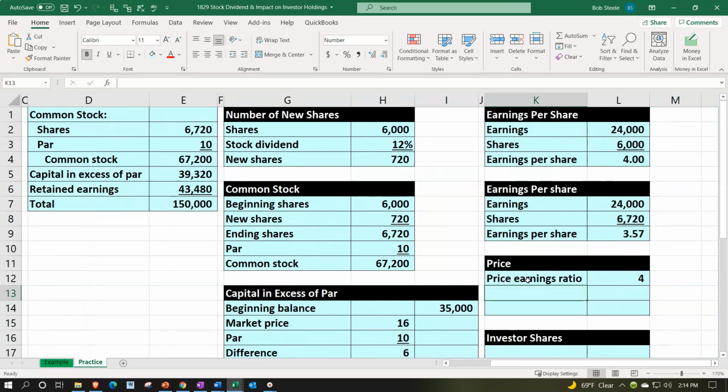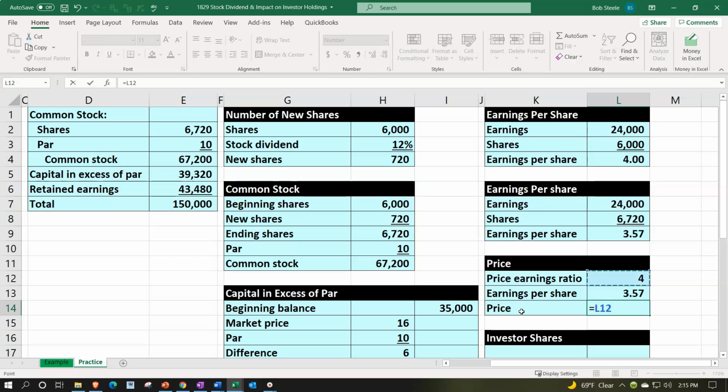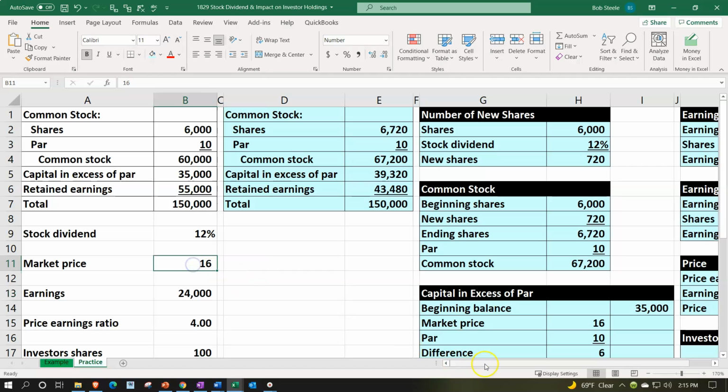And then we're going to say 1 plus the stock dividend. So that's going to be compared to the earnings per share that we just calculated at the 3.57, adding some decimals, number group, couple decimals, and that's going to give us our price. And that's going to be equal to the 4 times the 3.57. So we're at the 14.29 now, font group, underline. So the starting price we saw was the 16. We're now at the